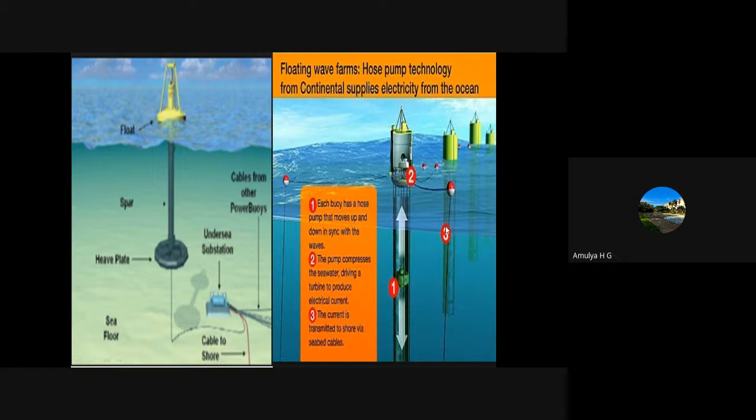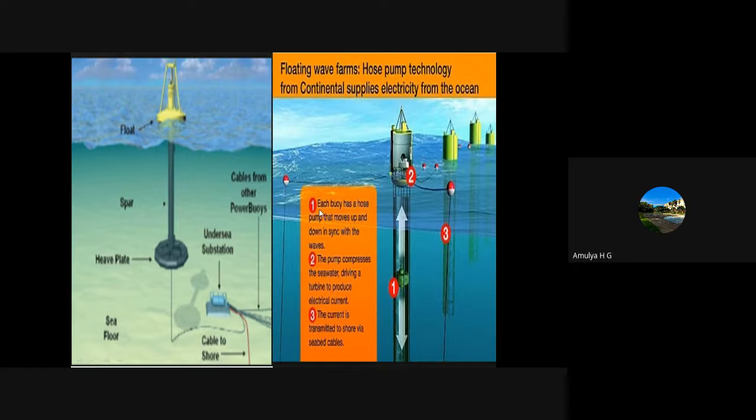In this image, you can see the major parts of the power buoy or the point absorber. There is the floating device that is the visible part, and below it there is the pump. The generator attached with the turbine is connected. Based upon the movement of the point absorber, it creates a pressure on the turbine that is going to convert into electricity.